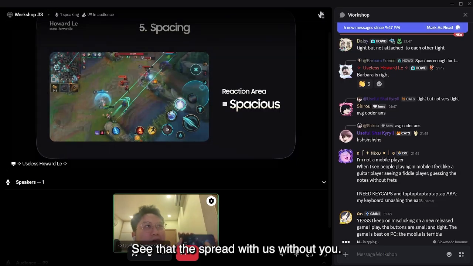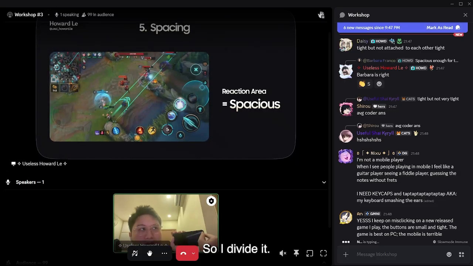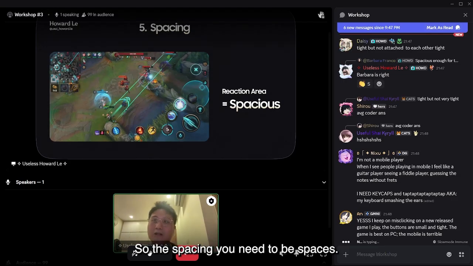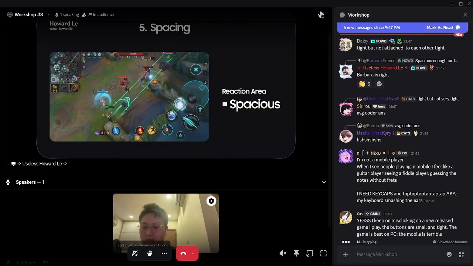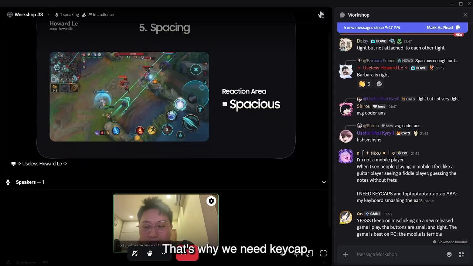Just spread, without using your eye to find it. So the spacing needs to be spaced out. Yeah, that's why we need a keycap. Yes, you're right. Maybe the H10 keycap